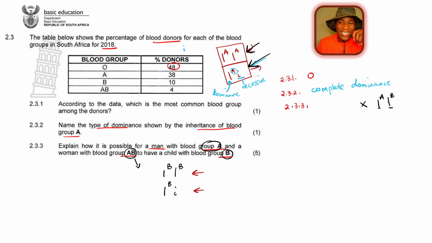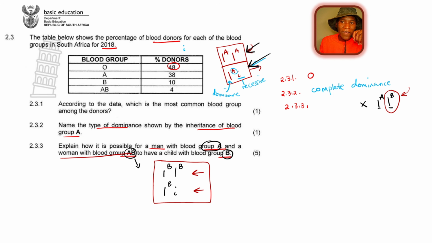So in this case, you can see that the mother has got this genotype here, which is IA-IB, because remember we've said that the woman has got blood group AB. So the mother can give IA or IB. You can see that here from these two options for the baby, the one that has got the baby is blood group B, so he must take this allele from the mother, definitely must take this allele from the mother.